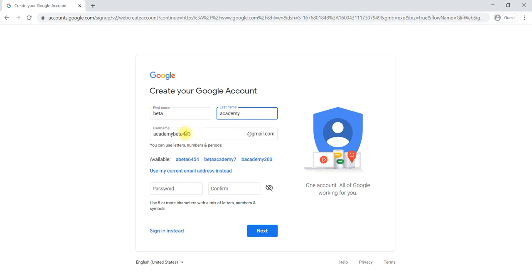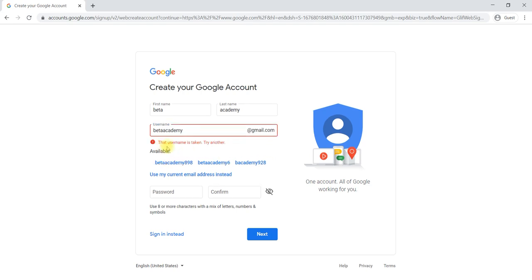Once I select that, Google itself will give a suggested Gmail account, like Academy Beta 443. If you don't like this name, you can give your own name related to your business. For example, if I say betaacademy@gmail.com, I would like to have that name.